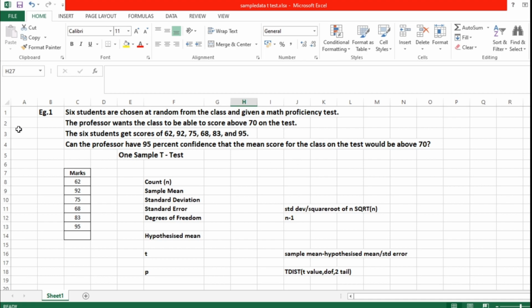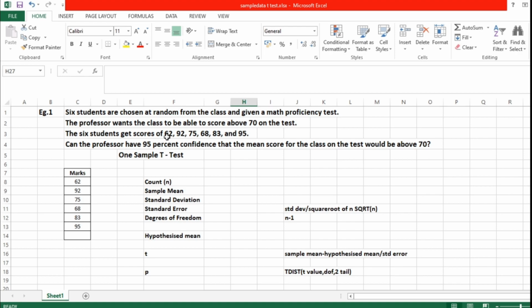Okay, here I have taken an example of 6 students' marks where the problem goes like this. 6 students are chosen at random from the class and given a math proficiency test. The professor wants the class to be able to score above 70 on the test, right?